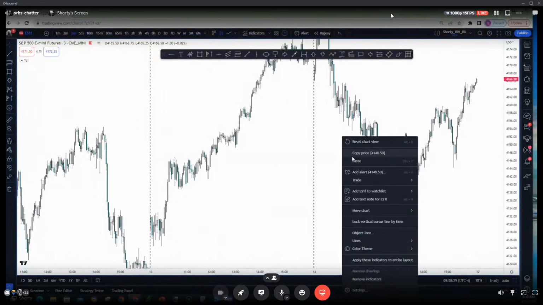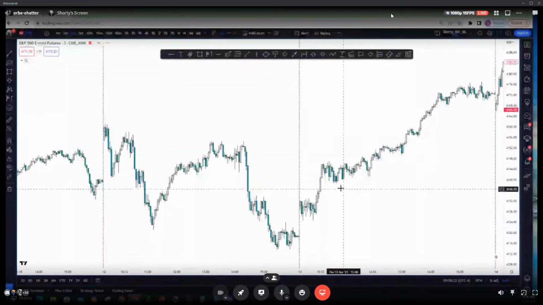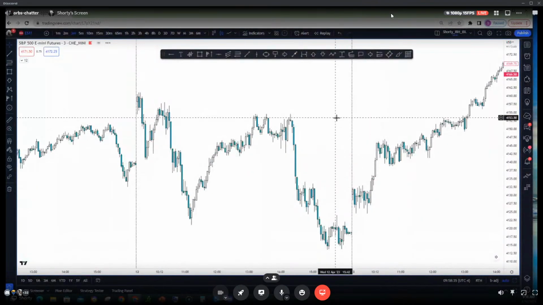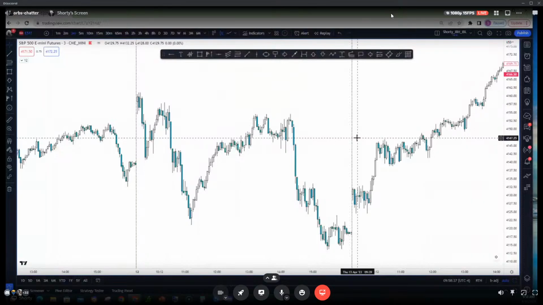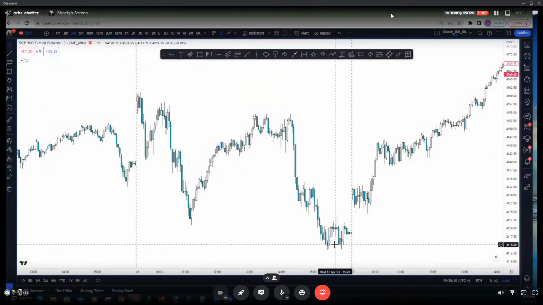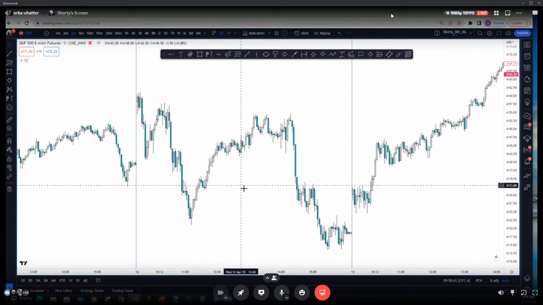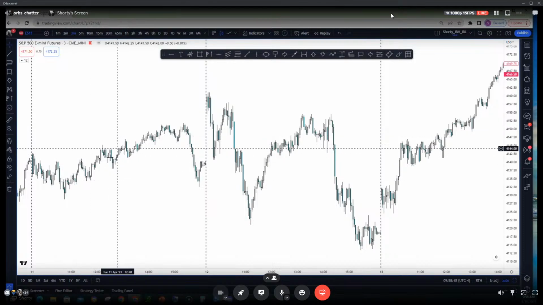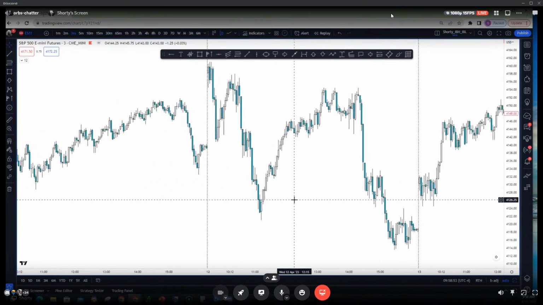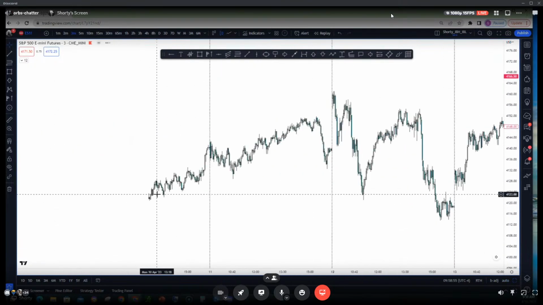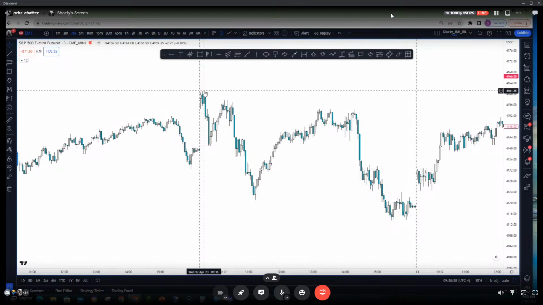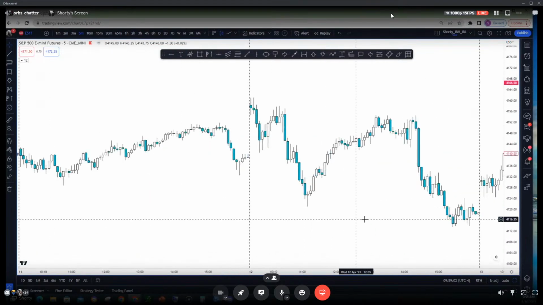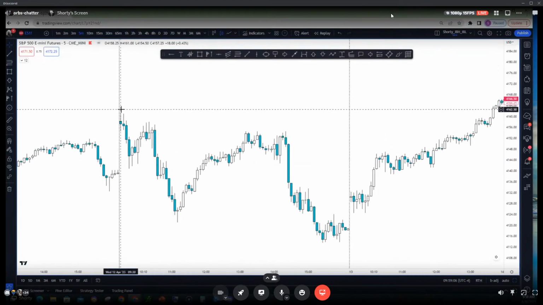Let me just add these. I'll add session break so I can know what day it is. So if you look, you need volatility, right? If the market's not really volatile, it becomes super hard to trade. A lot of people like myself prefer volatility over something that's a melt up or a meltdown. So here in this case, we made a higher high right out of the open. There were some aggressive sellers. If I go to 5 minutes, this day, higher high right out of the gate.